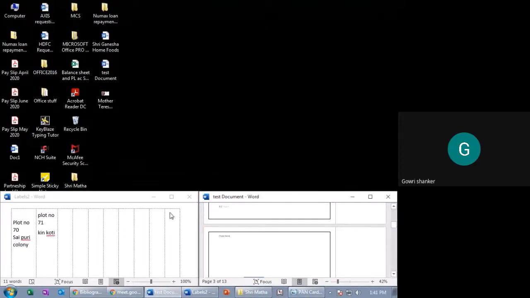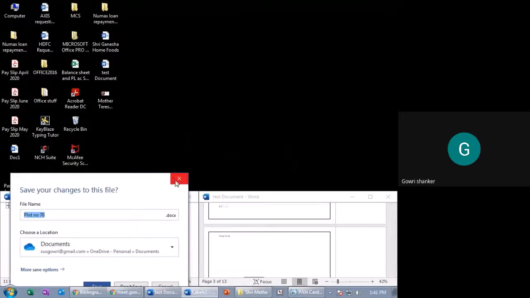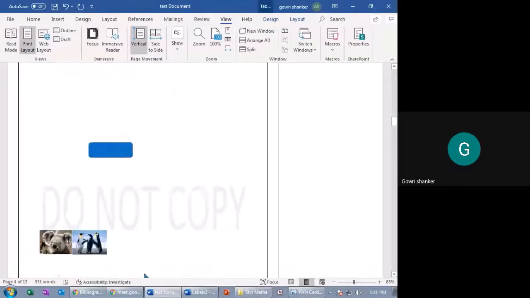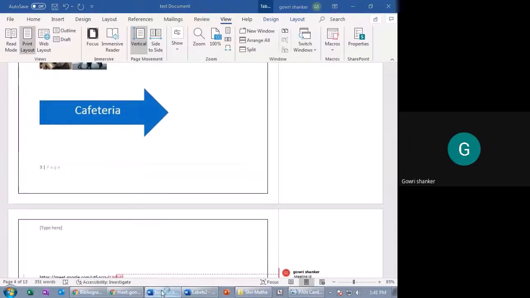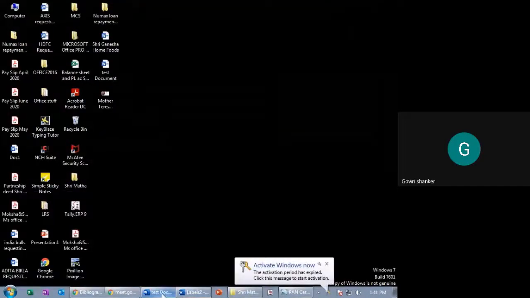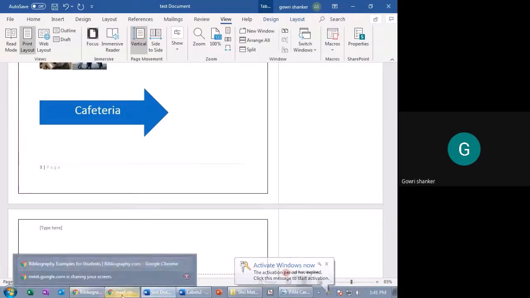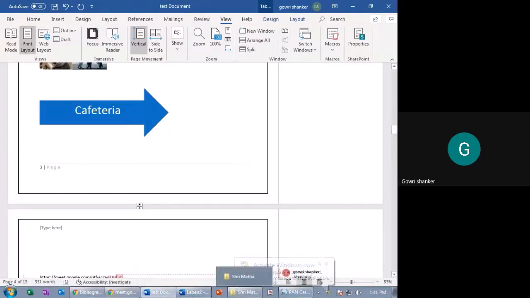Cancel. This is the original one. This is the duplicate. I don't want to arrange. I have only two, one and this is the second one. So multiple windows of this particular Word document are open. If you want to arrange them all in one screen, it will arrange according to the size and show in the picture.